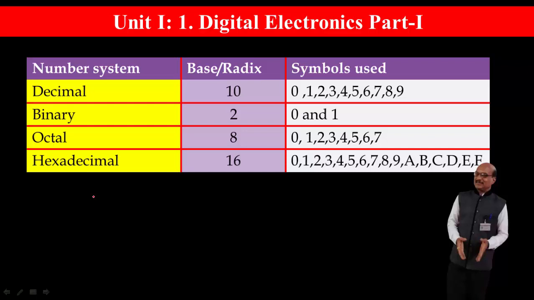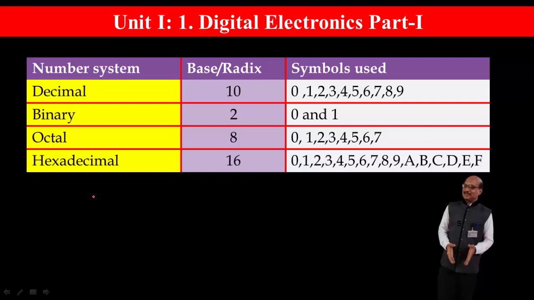Let us begin with topic digital electronics from Unit 1. Introduction. There are different number systems that are used to represent the data or information. We are familiar with decimal number system in which we use 10 basic symbols 0, 1, 2, 3, 4, 5, 6, 7, 8 and 9. So in decimal number system, we represent any number by the combination or group of these 10 digits 0 through